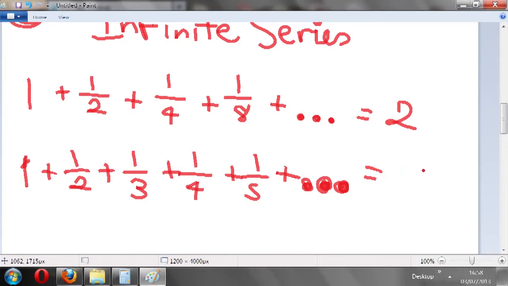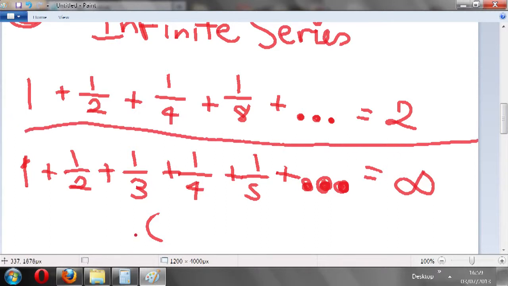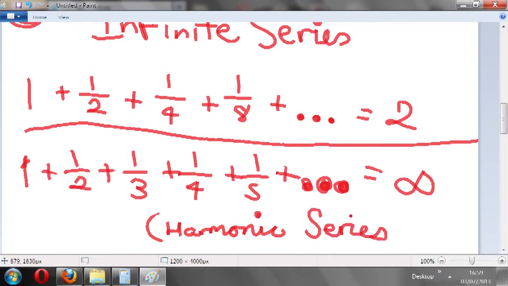This, unfortunately, is infinity, and this is known as the harmonic series. So you can see that when you get to 1.5, 1.5 plus a third is going to be